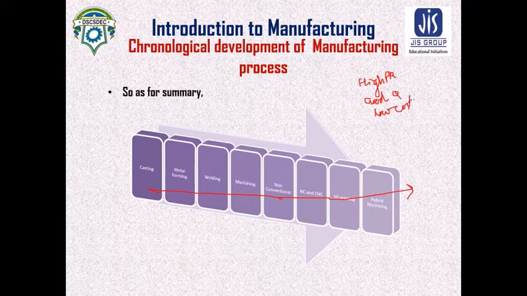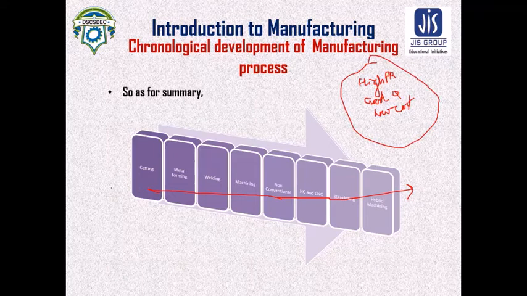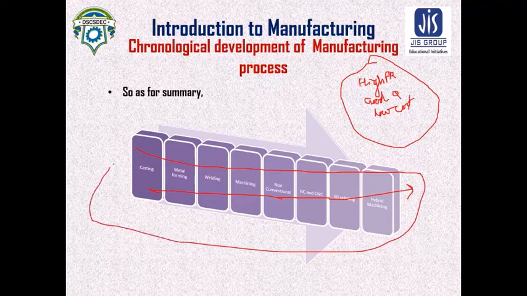So this is our desire. We want our daily objects to have a high production rate to meet the higher demand, the quality should be good, and the cost should be low. For these three motives, development in all the fields of manufacturing processes is going on, and this development leads us to a better sustainable future.